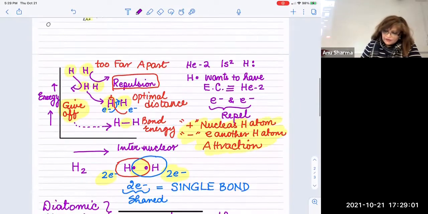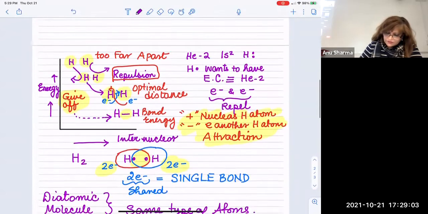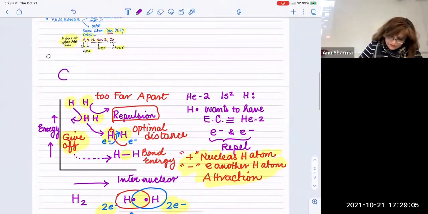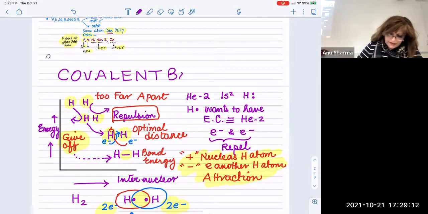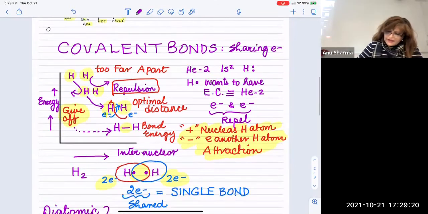Okay, now let's look at it. This is the covalent bonding. I forgot to put this here: covalent bonds. And covalent bonds are formed by sharing of electrons. Okay, so that's one piece. Next is,